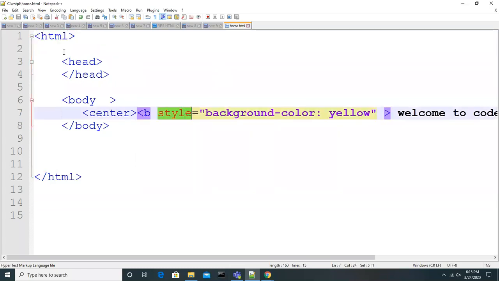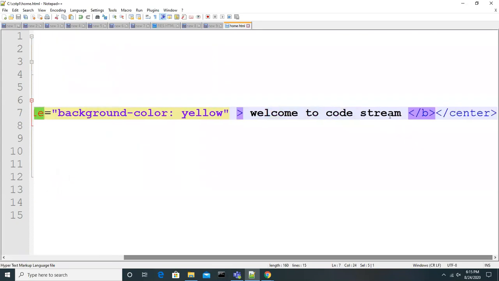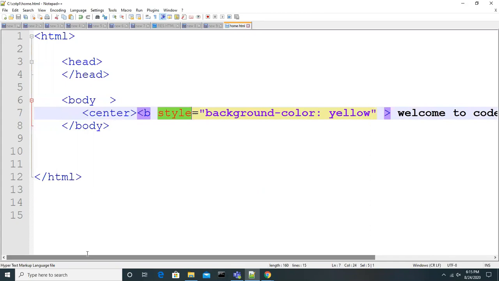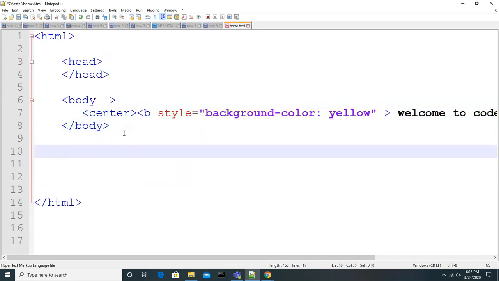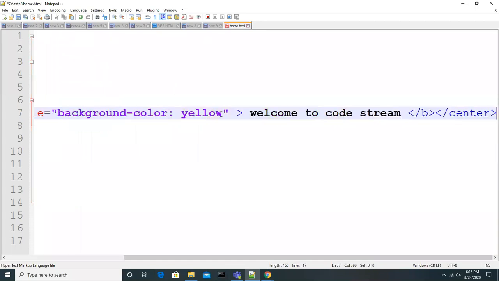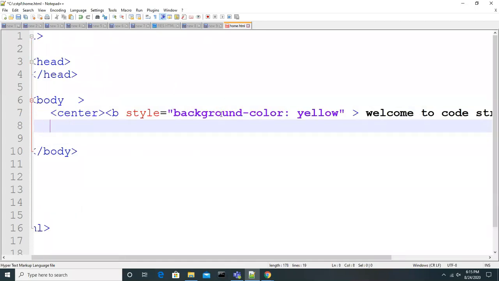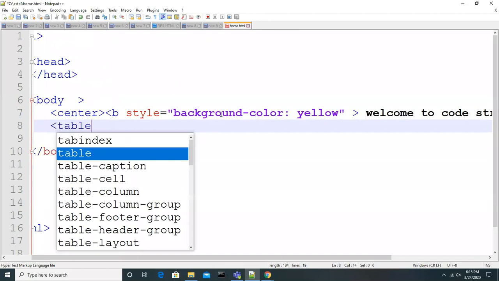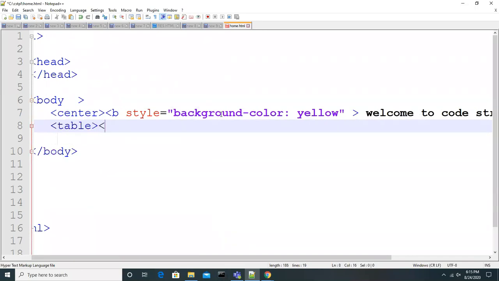A tag will give the information. An attribute gives additional information about whatever you kept under the tag. Okay. So I want to create a table. Table means I want to create column names, like serial number, name, field, something like that, and rows. So you have a tag called the table tag. So simple, guys.